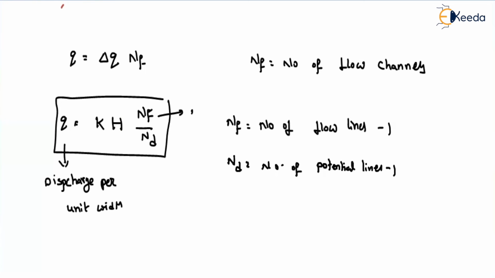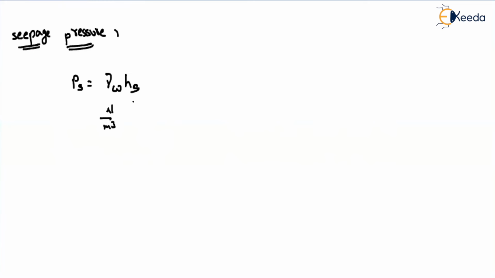Okay. Now, how can I find out the seepage pressure? Let us assume, what is meant by seepage pressure. If we know the seepage head, then we can find out the seepage pressure. Seepage pressure is normally P subscript S. Then how can I find out? That is nothing but gamma W into H. As I am talking about the seepage pressure, here I am just writing with HS. What is the unit? Here it is nothing but Newton per meter cube. If you are representing with meter, then what is the unit? Newton per meter square. That is nothing but the unit of pressure.